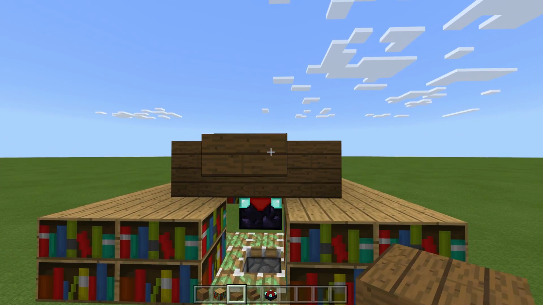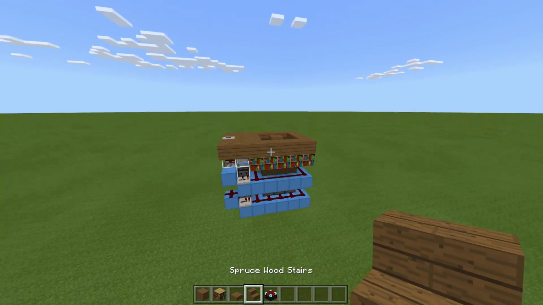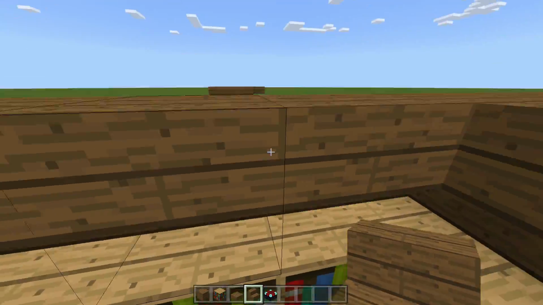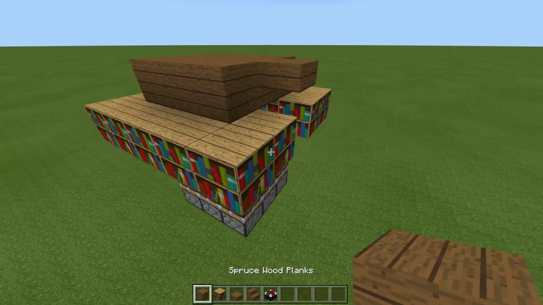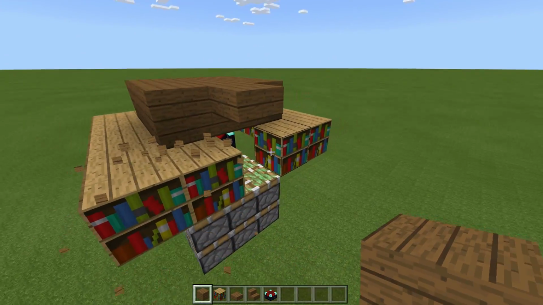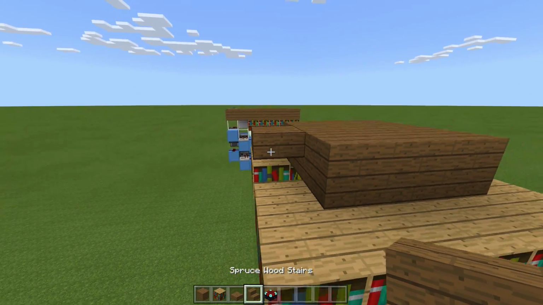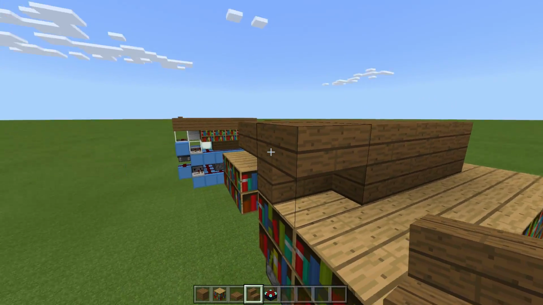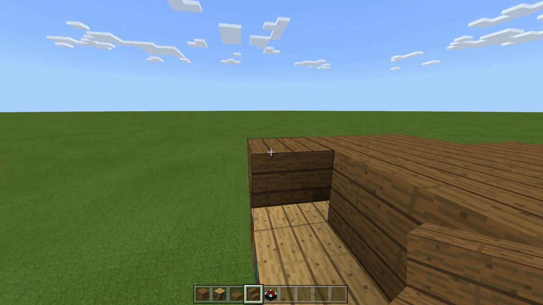Then place a slab here, and if you want to copy me over here, which I've used stairs to go around just to add a little bit of texture, you can, or you can have just full blocks going around, but I'm going to show you how to use the stairs. So what I want you to do is place a stair block here, a stair block like this, then this way,